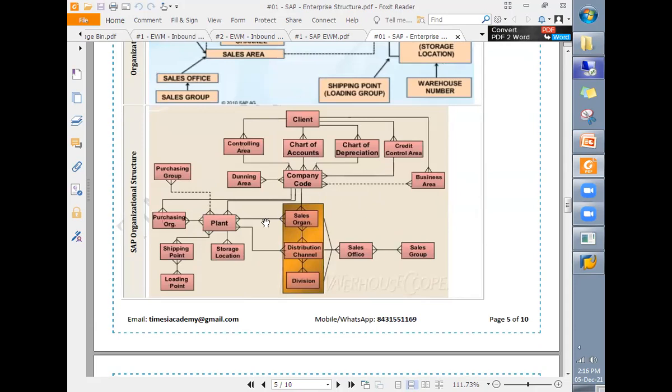For example, here you see this is the MM organizational structure, and this one is the SD organizational structure, and this one is the FI organizational structure. So it is part of enterprise structure when we define organizational structures of each module, and when we assign them, it becomes the enterprise structure.